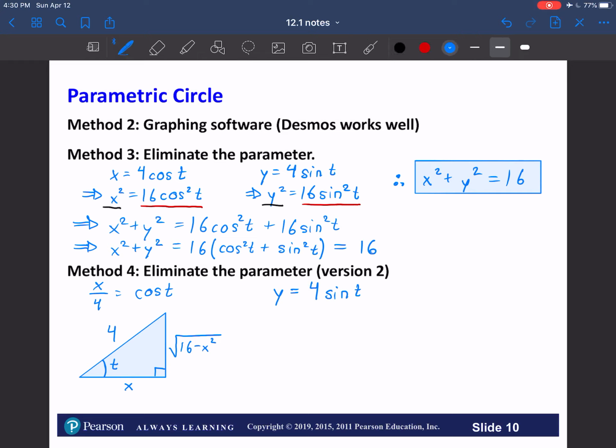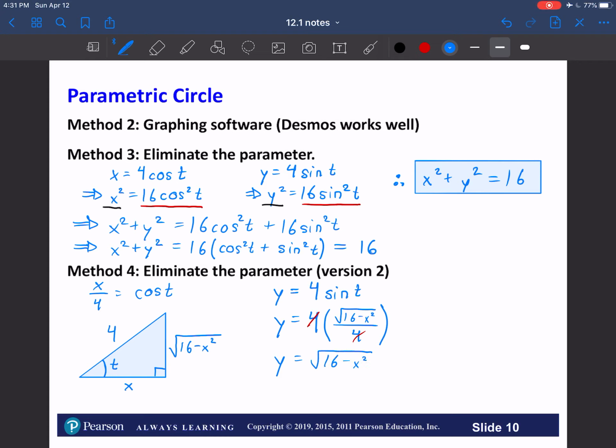And so we may write that y is equal to 4 times root 16 minus x squared all over 4. Of course, the 4's will cancel out. So we're left with y equals root